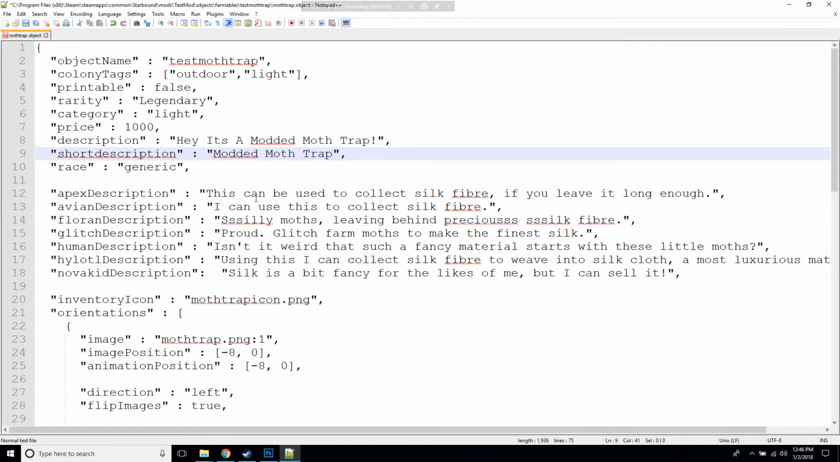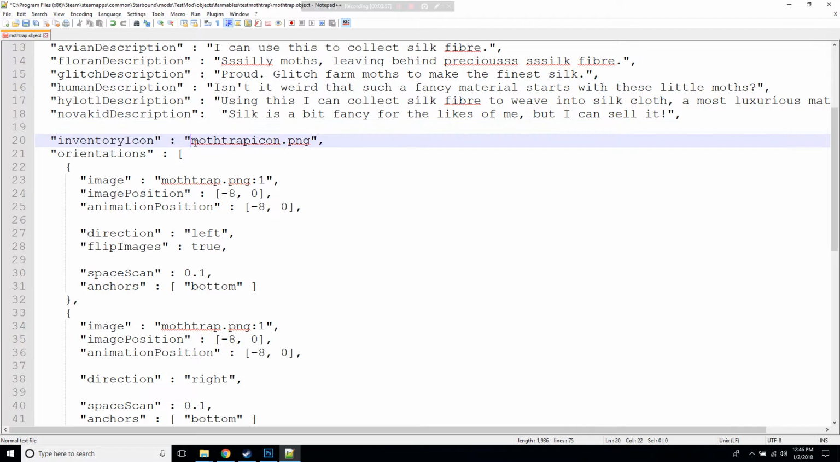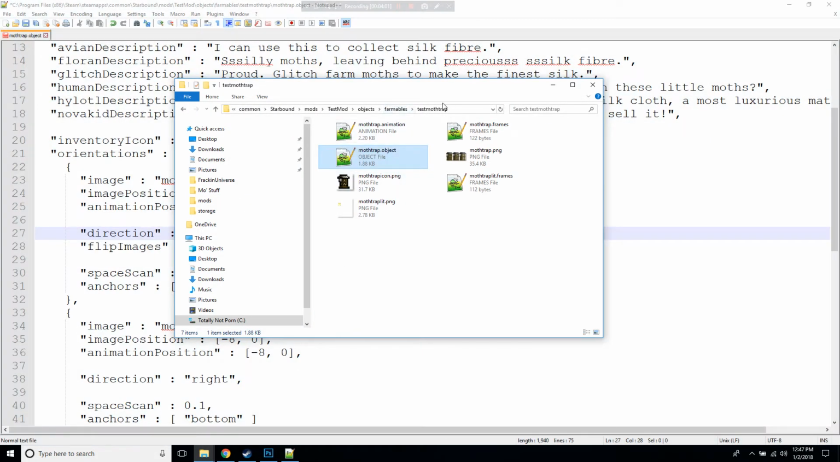Yeah, this is the mod name. This is what it shows when you actually scan it as a different race. So if you're in Apex, this is what will pop up when you scan it. Inventory icon, test moth trap. So as you can see over here, this is the